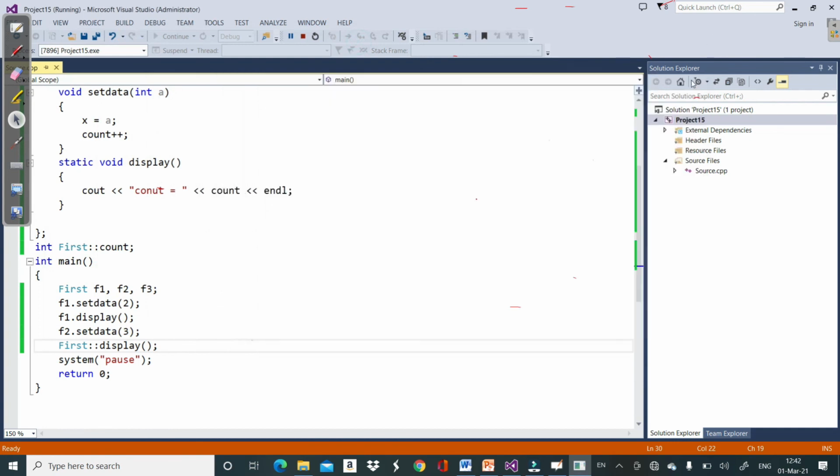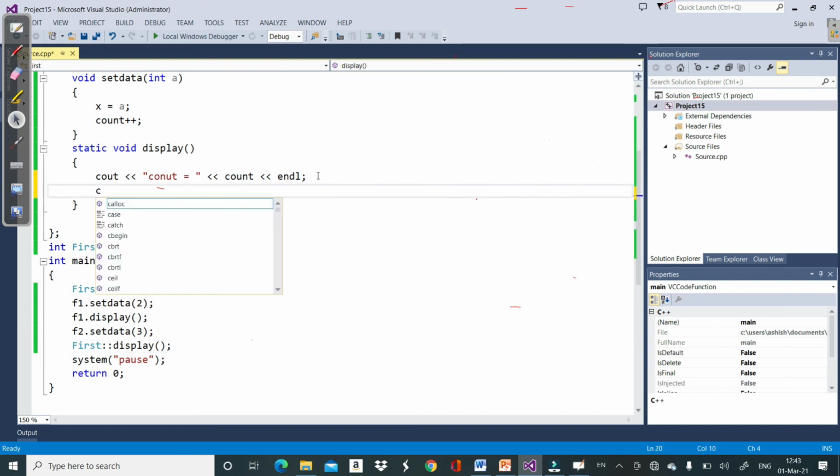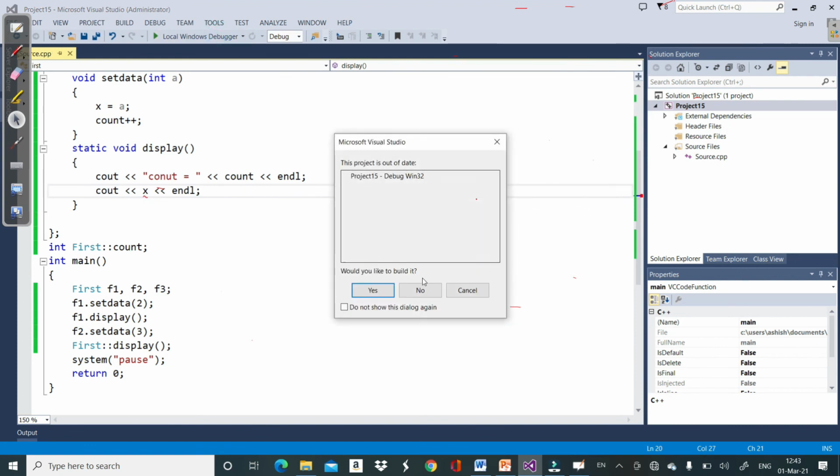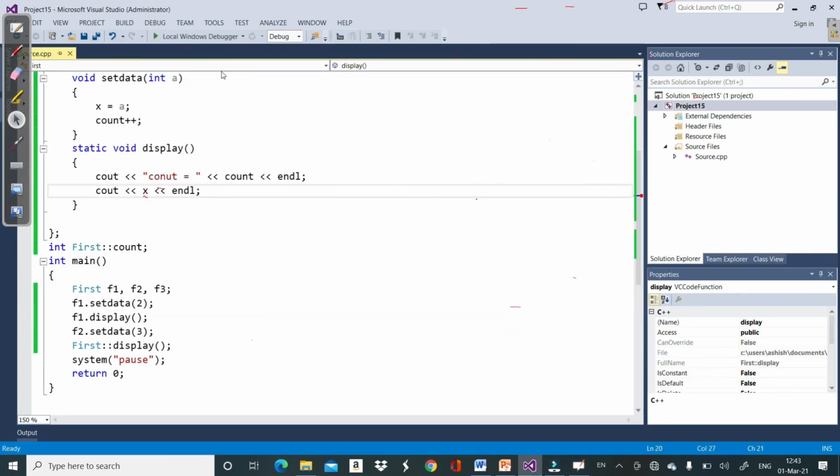The only thing that you should note about static member functions is they can access only static variables. They cannot access any other variable. For example, if I write a non-static variable here, now let's check it. See, here is an error, because this is a static member function and it cannot access non-static data members. So this is all about static data members and static functions. So whenever you make a static variable or a static member function, just be careful about its properties.